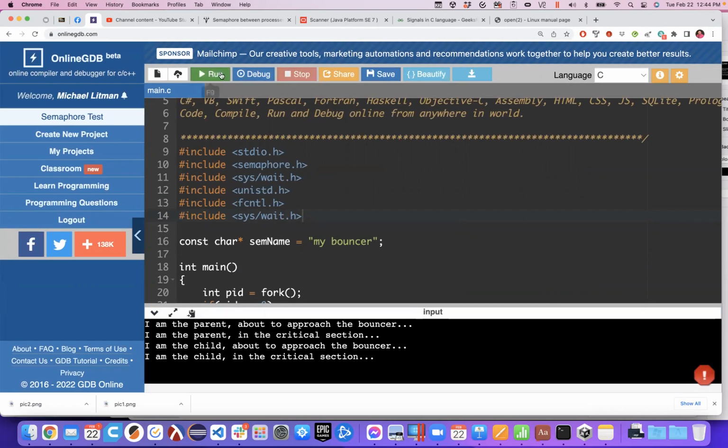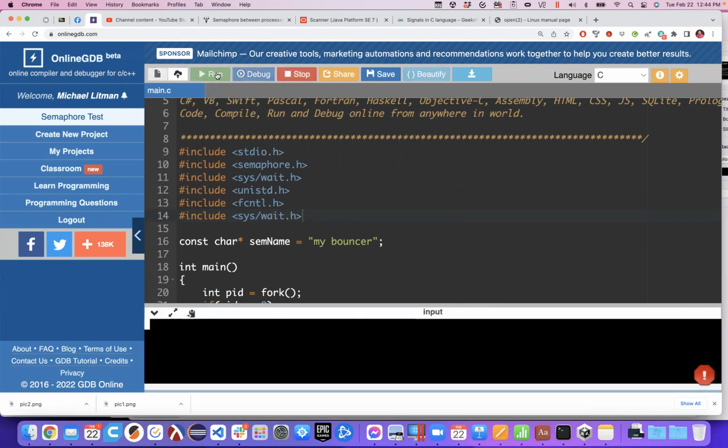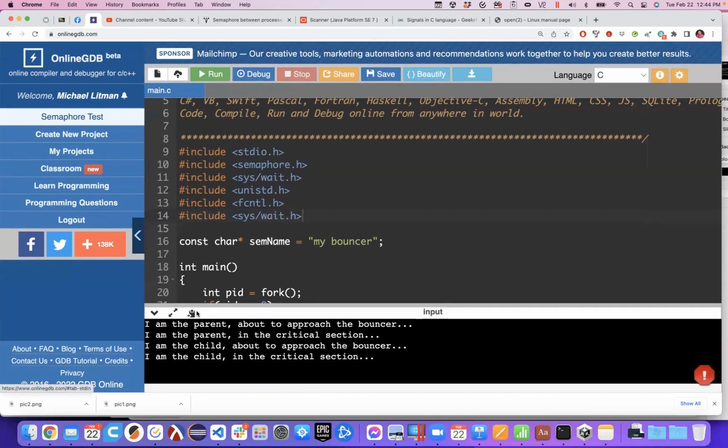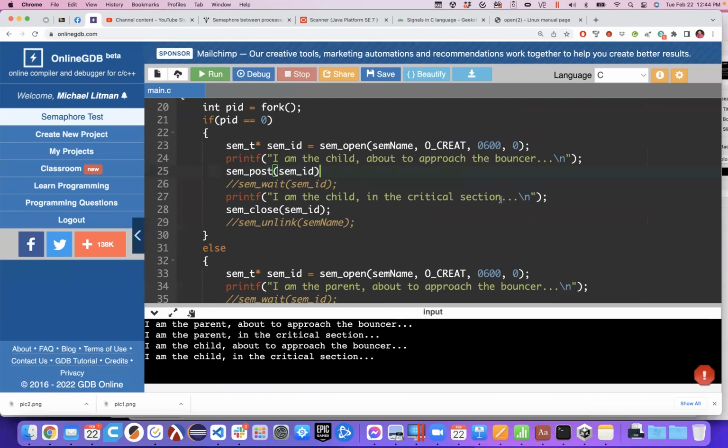All right, so parent wins, parent wins, parent wins, parent wins, parent wins. All right, we're going to say we tested that exhaustively and the parent always wins. So let's go that route. In this case, we're going to control it rather than create a race condition. We're going to have the child go and do something. So the child is going to